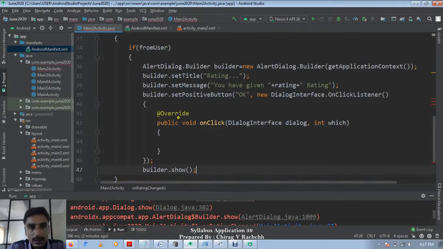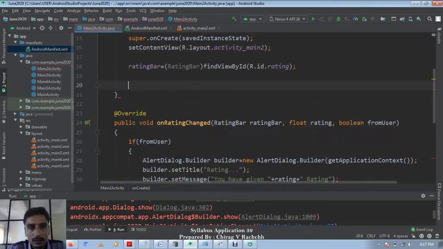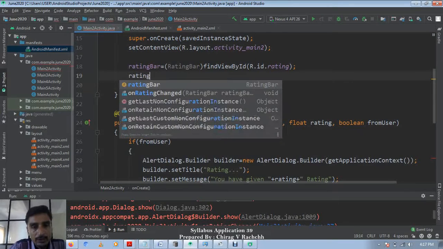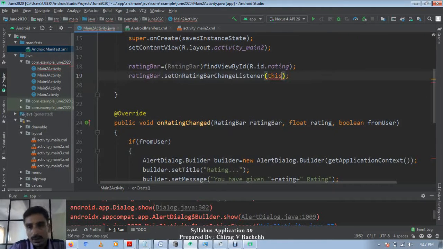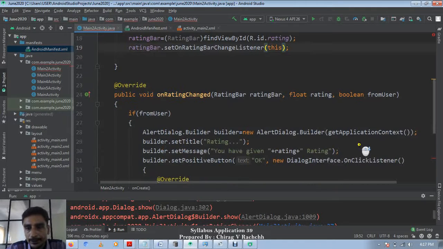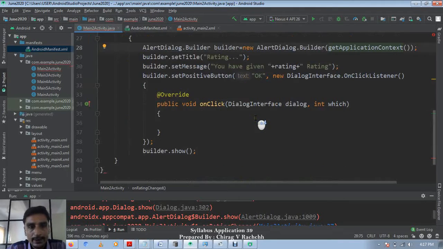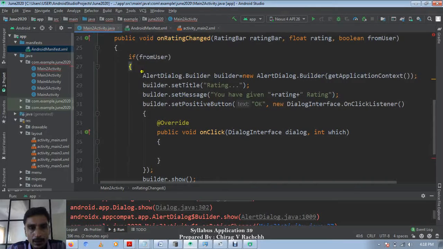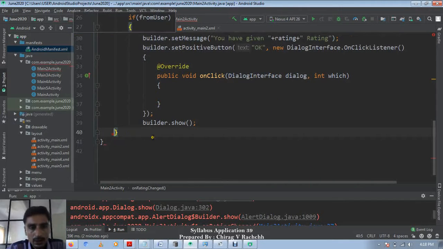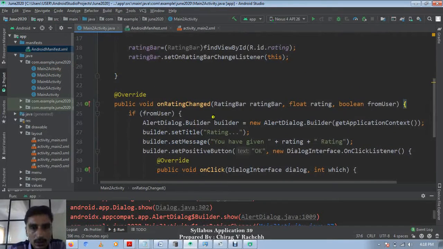Okay, and here we will register it for the event, setOnRatingBarChangeListener this, and getApplicationContext. This condition is closed here, and the method should also be closed.